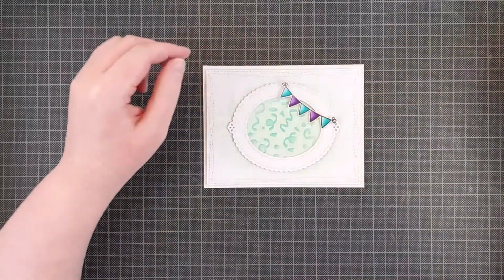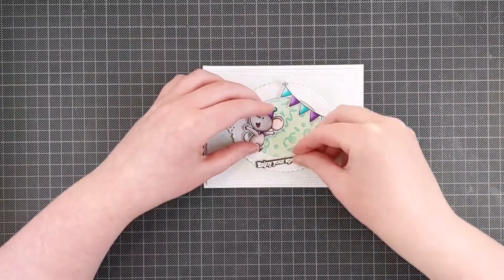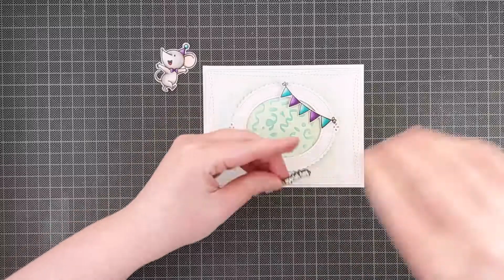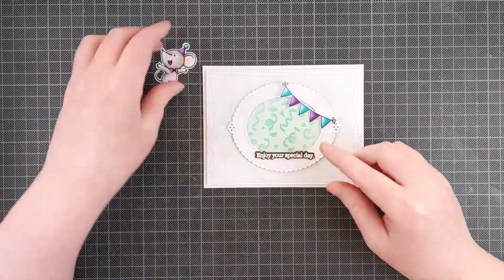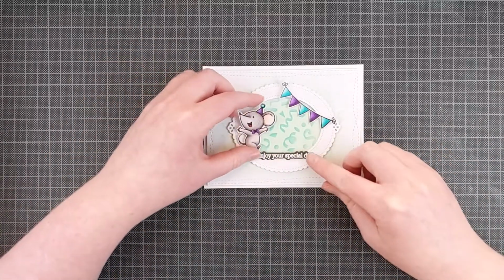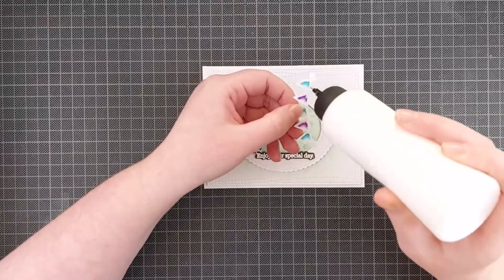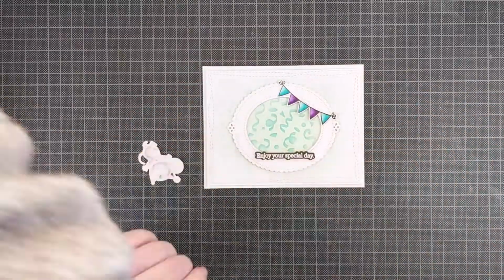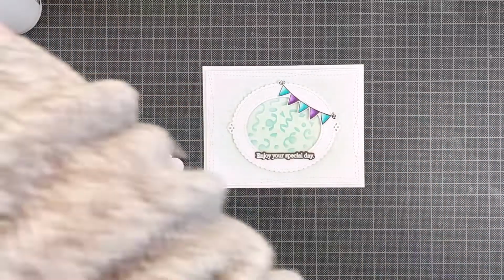Frame dies are probably my most used dies in my stash, apart from the basic rectangle dies, because they make it so easy to make a layout. I really love using frames instead of making a full-on scene and filling an entire card. This just makes the area you have to work with a little bit smaller, and it's a little bit easier